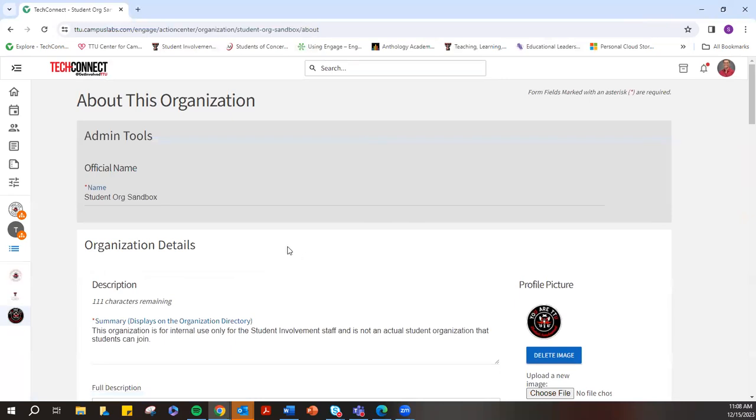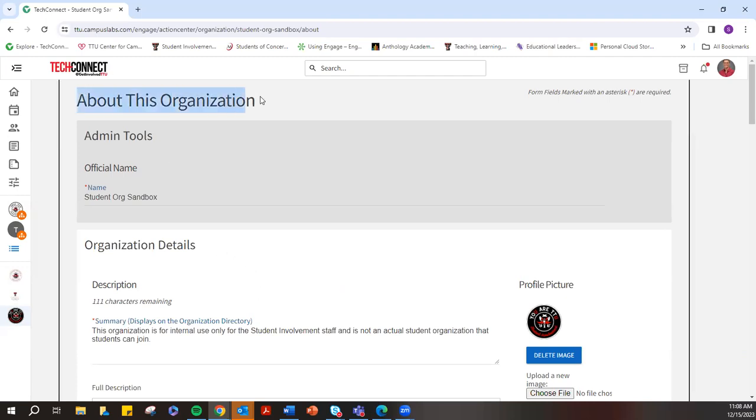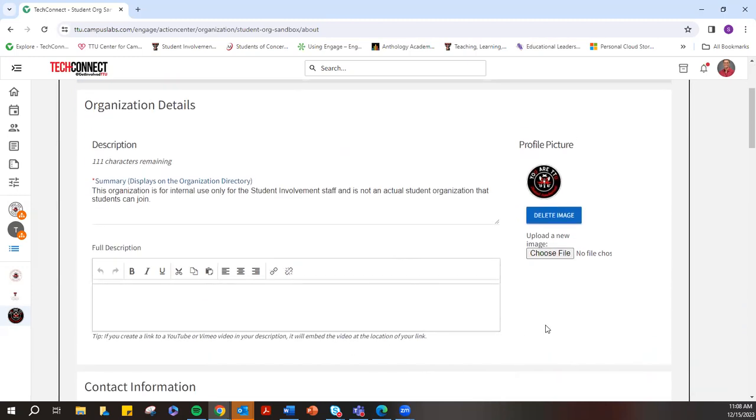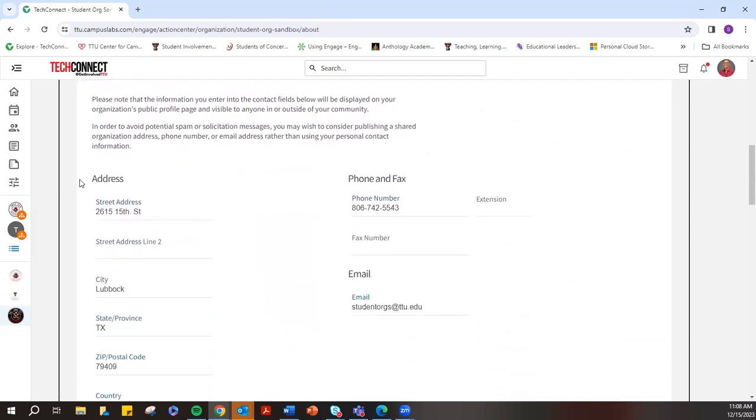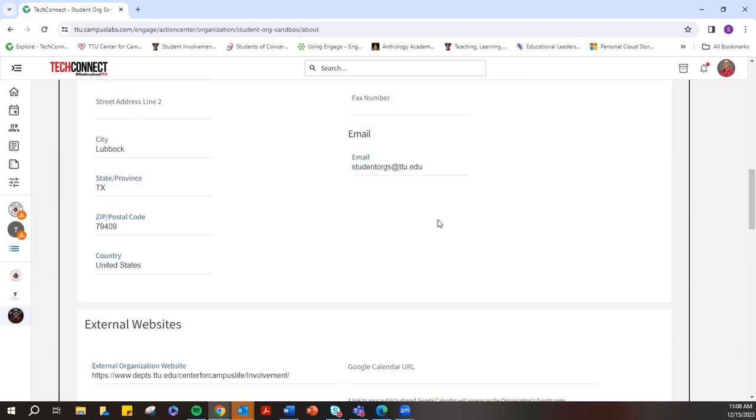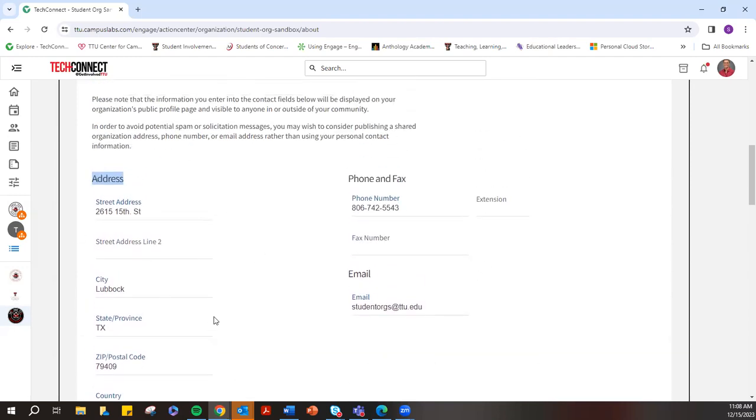So earlier when I was saying that when you're doing the about information of your student organization upon registration, everything you put on the about this organization page then turns into the home page for the organization. And so the information that you input under address, under phone number, under email, that is all going to be viewable by the public, by the entire campus, and by the entire internet,